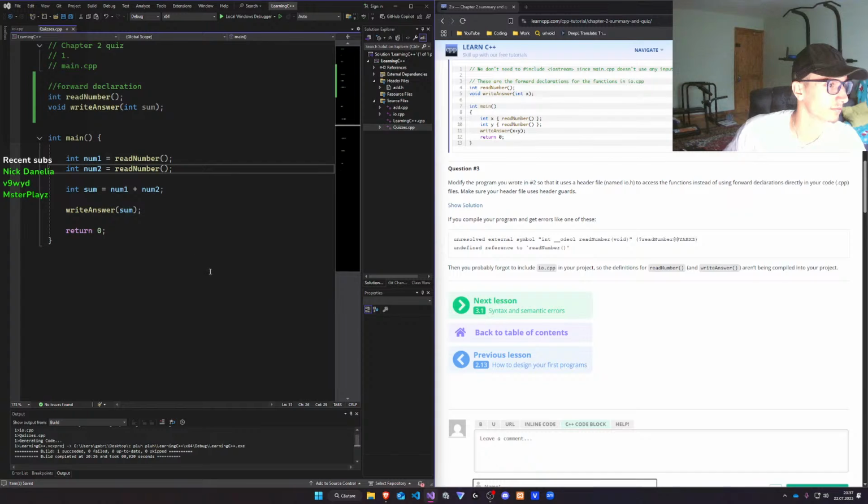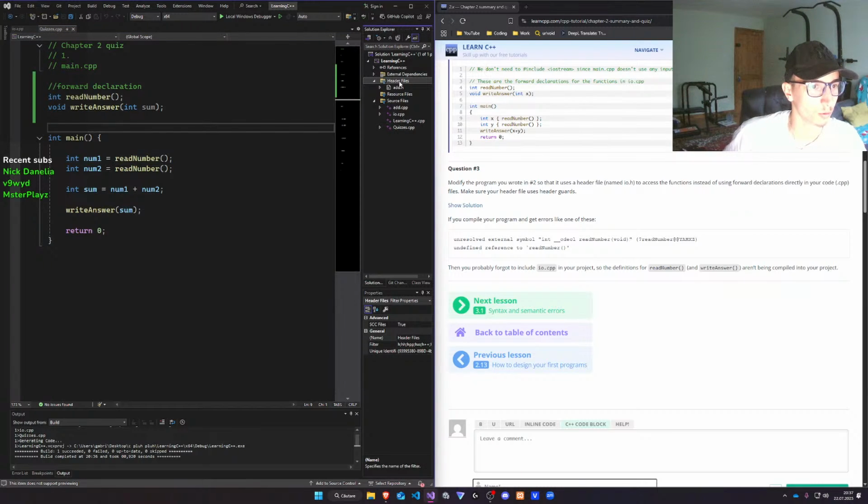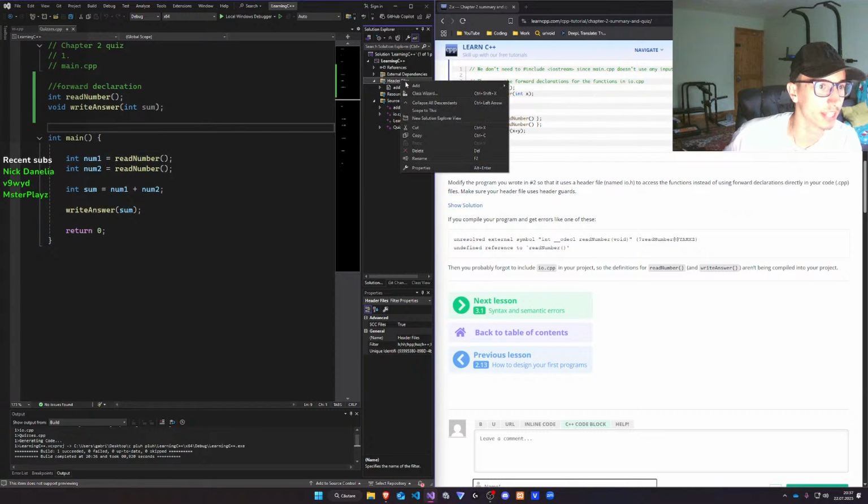Question 3. Modify the program you wrote in question 2 so that it uses a header file named io.h to access the functions instead of using forward declarations. Make sure your header file uses header guards. Okay, so we'll use pragma once because we're modern. So the way we answer question 3 is go to header file, add,